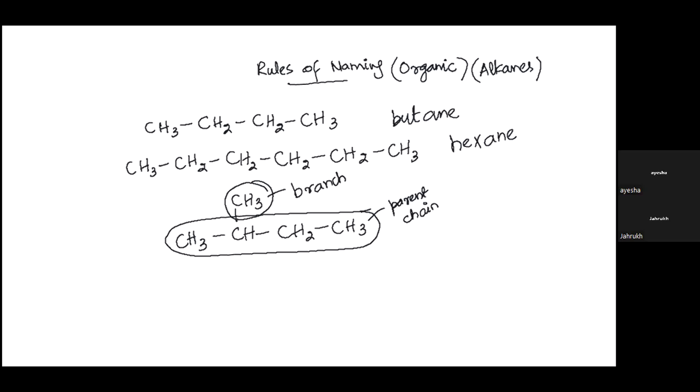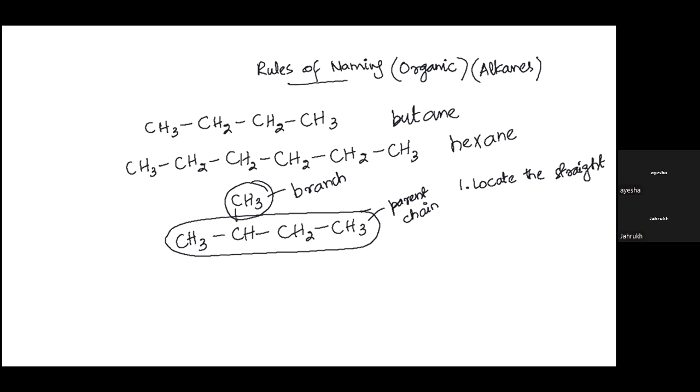Just because they're all in a straight chain and this carbon is present on top as a separate portion, this becomes the parent chain, this becomes the branch. Actually there are some set of rules in place because of which this is known as the parent chain and this one is known as the branch. So we're going to start with those rules. What are those rules? The first rule is to locate the straight,